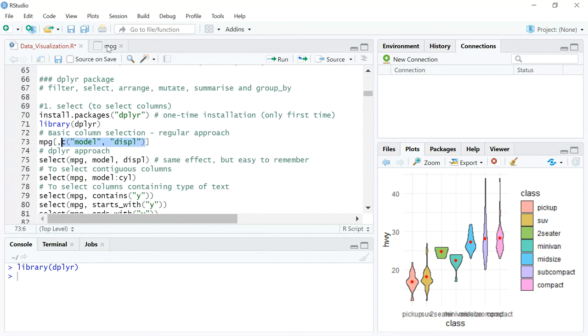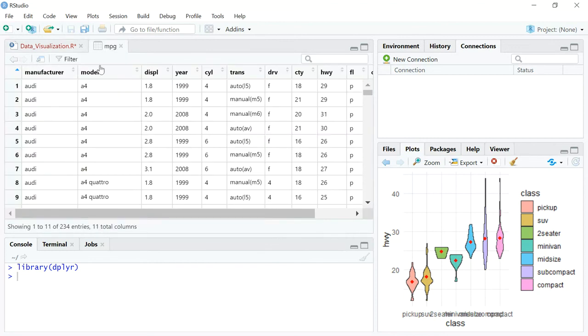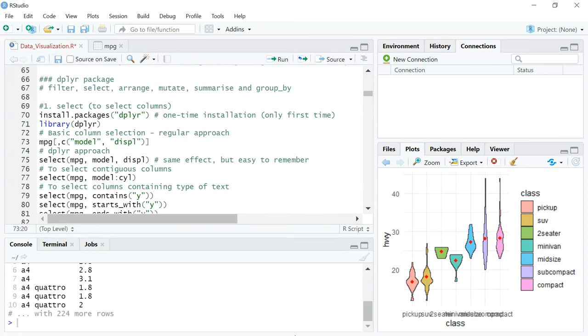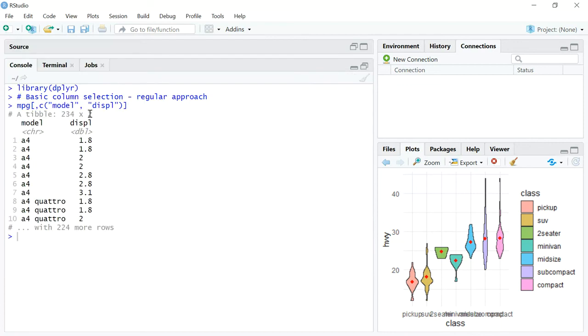So here I'm just trying to list model and displ, so columns 2 and 3 in the MPG dataset, and let's see how it works. Right, if you look at the result, it's a table of 234 rows and 2 columns, right? So I'm actually able to select using base R.